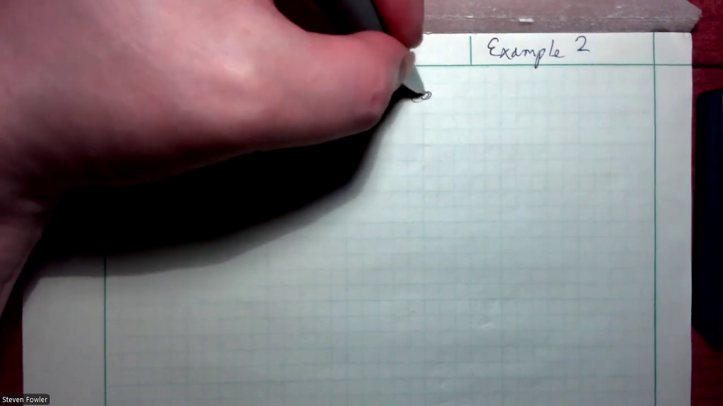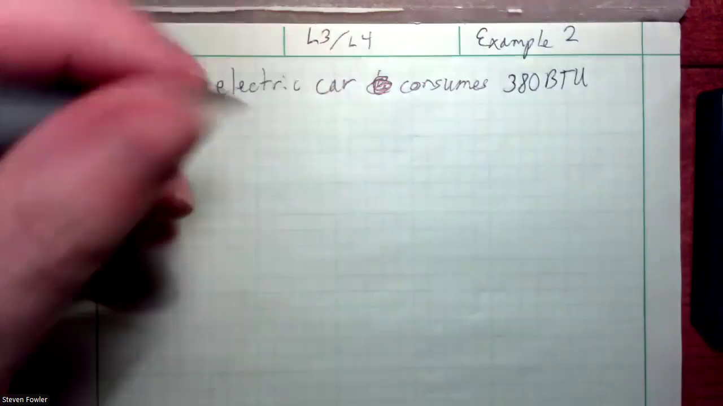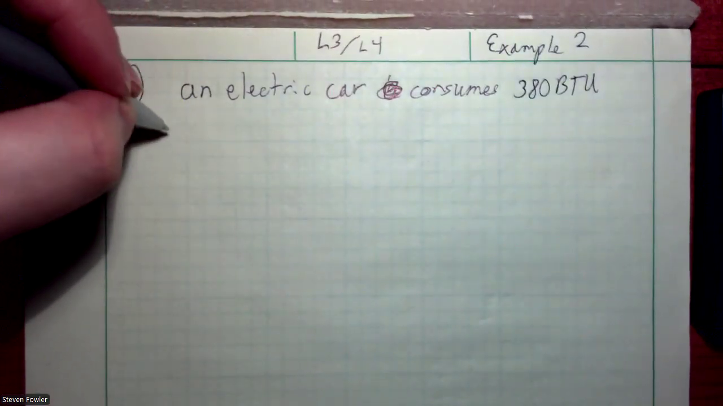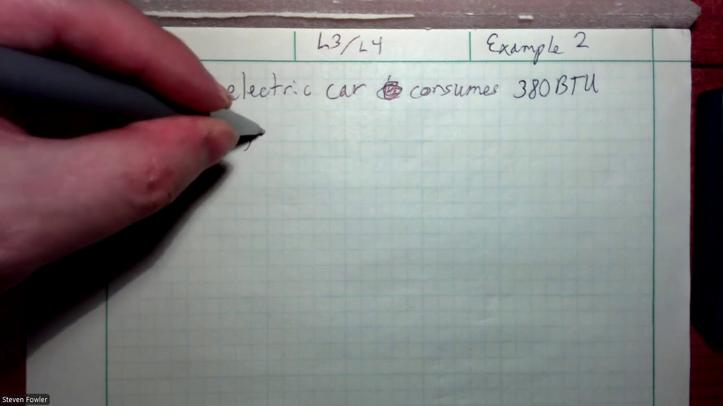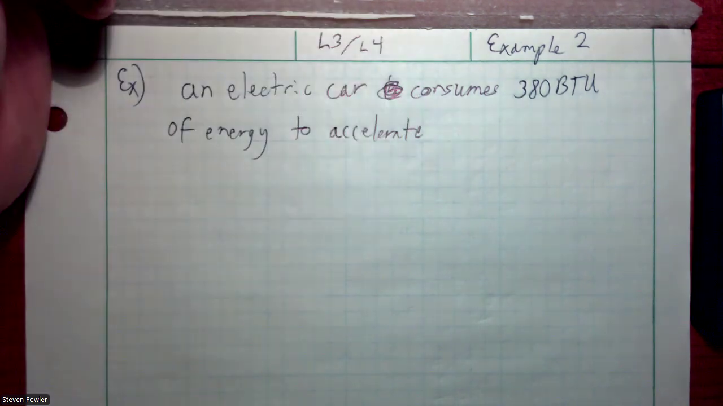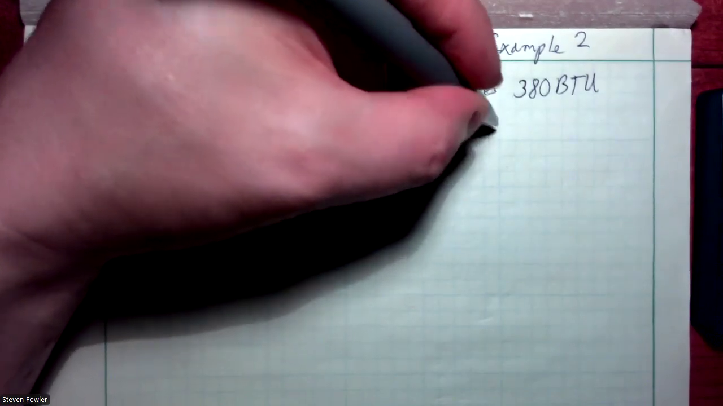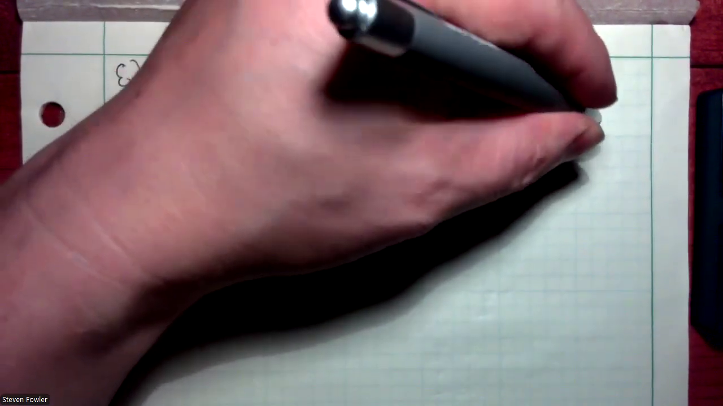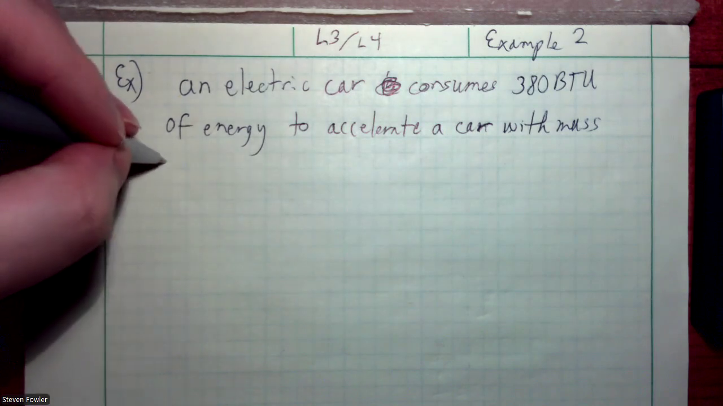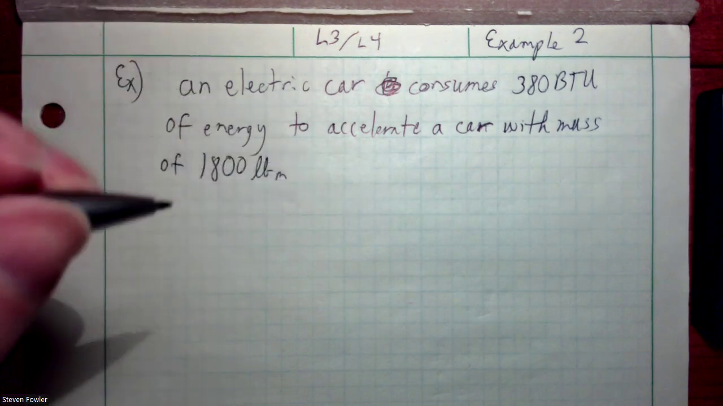An electric car consumes 380 BTUs of energy to accelerate a car with mass of, let's say, 1,800 pound mass. So not a real heavy car,